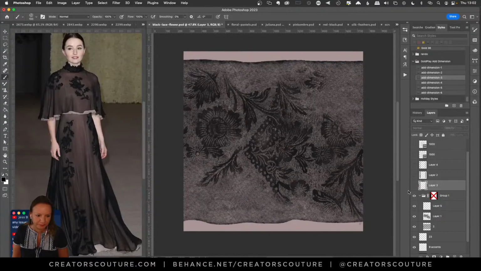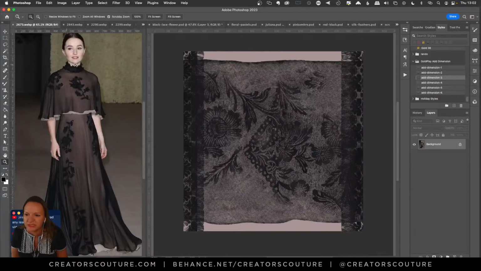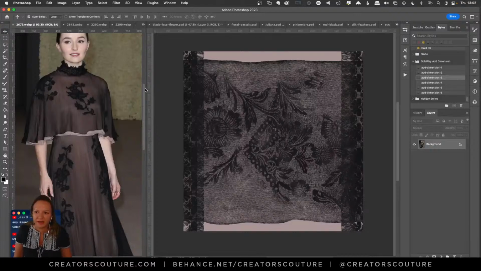And I remember how I worked this. I wanted to have some of this layer on the side, because I wanted something that referred to the black collar and that harder black edge.